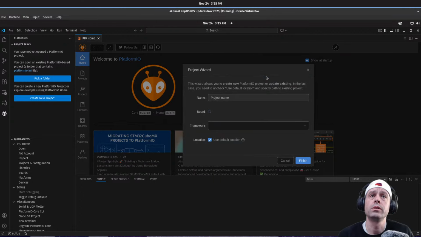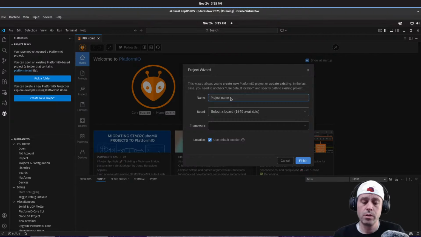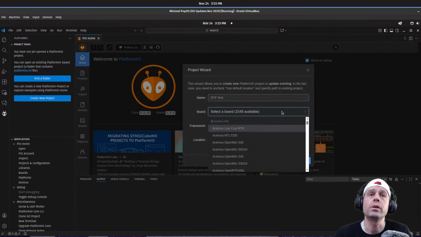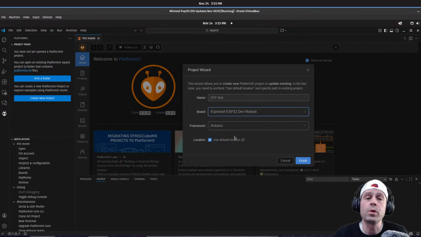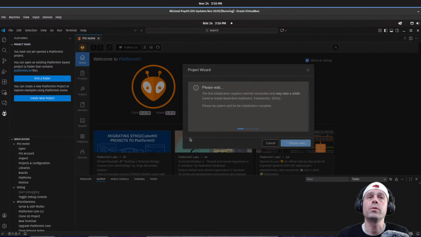New project. Okay, and I'm going to call this deploy the fleet test. Whoa, with just one S. And then I'm going to select the board. In this case, I really just am going to use an ESP32 dev module. So just the same one that we use in all these streams, just a little dev kit. The dev module is unimportant to the problem that we're going to uncover here. And then use default location, which is home test documents PlatformIO. Sure. I have a dev folder, but again, this is in a virtual machine. I don't care. Throw it wherever you want it. PlatformIO that makes you most happy.